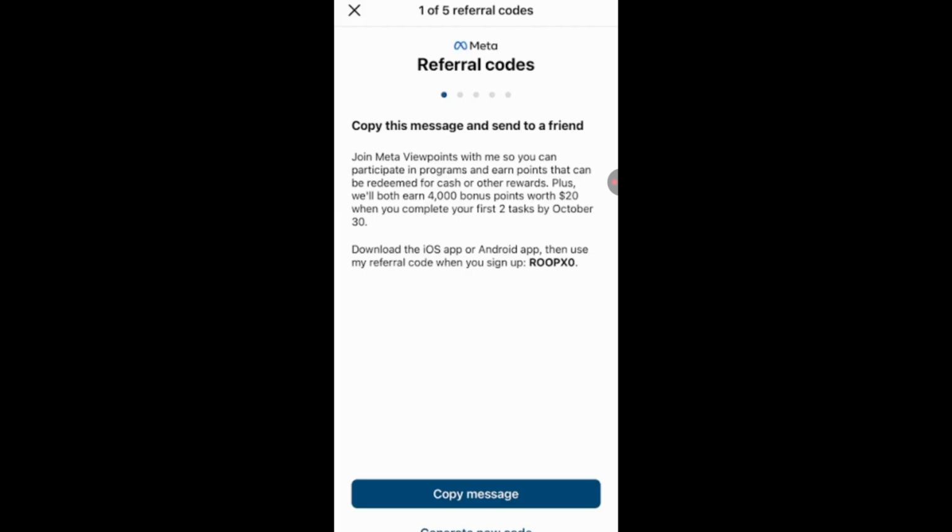If you do not see the referral option, your account may not currently be eligible for the referral program. Eligibility can depend on factors such as your region, account status, or whether the feature has been rolled out to your account. Make sure your account is fully set up and check the app regularly for updates, as referral features